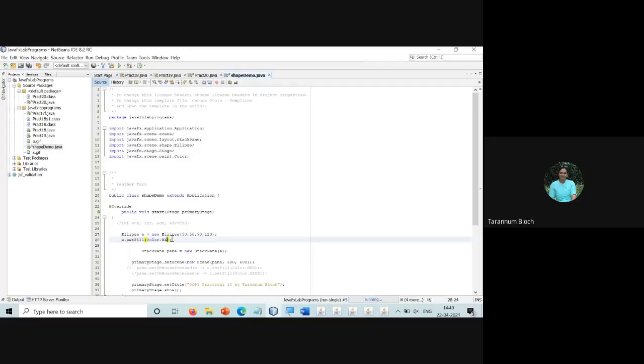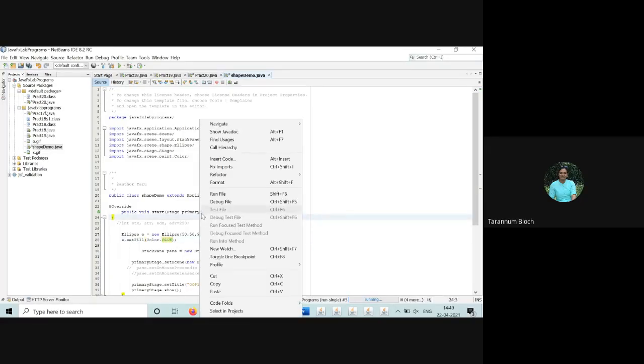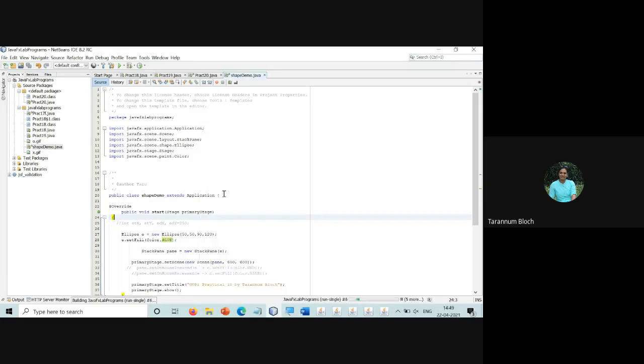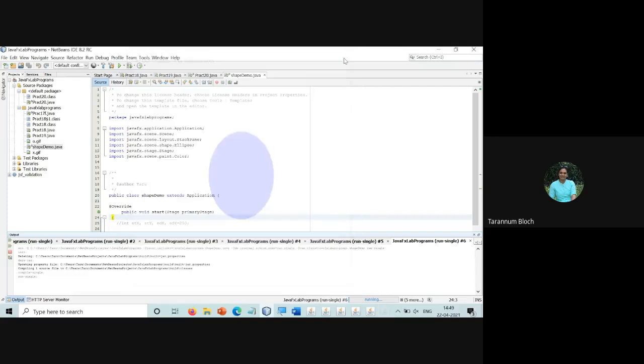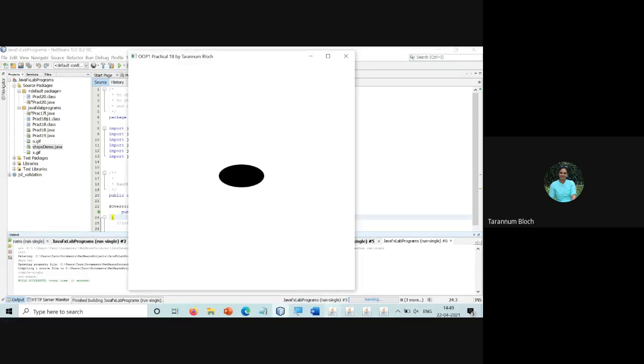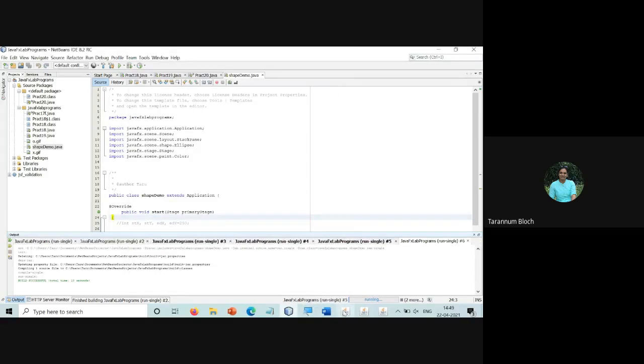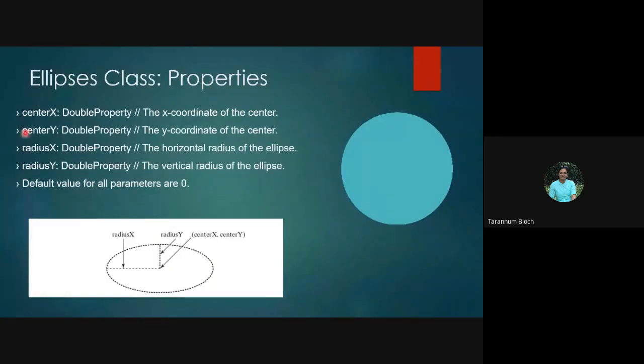Did I write the wrong spelling or what? Yeah, that's blue only. Oh, I have to give in capital the color name blue. Make sure you are giving the color name in capital. Fine. It's blue, though it looks indigo on the screen of a mobile, but on a laptop it's looking blue. It's looking like violet or indigo on your mobile screen, even my mobile screen. Fine. So this is the way we can play with the arc and the circle and all other points, right?